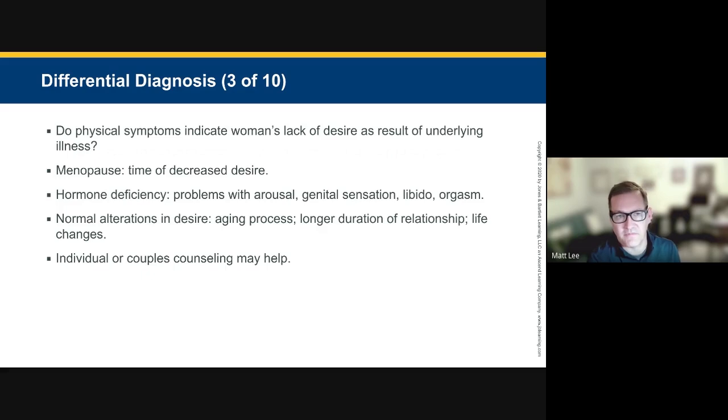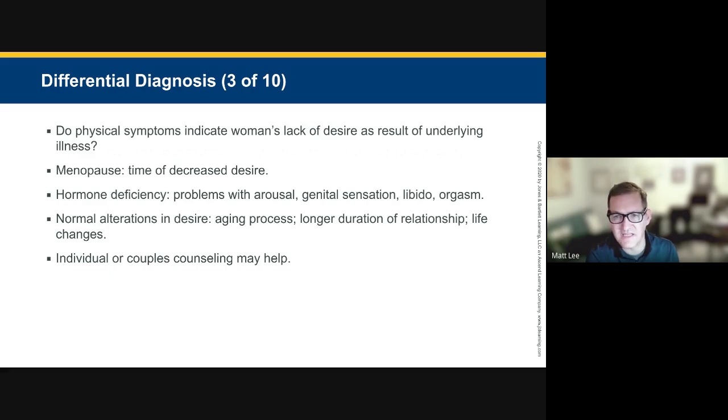Are there physical symptoms? So we talked about the relationship. That's helpful, and that's where most of your help is going to be. What about menopause? Menopause is a time of lots of physiological changes. There's going to be hormone deficiencies. You're going to have vaginal atrophy. This is a great time to use estrogen topically, as we talked about with menopause last time or two times ago. Maybe once or twice a week can help and really improve things.